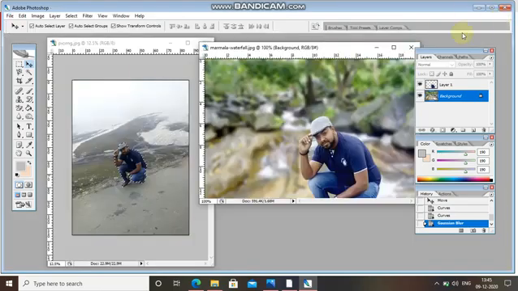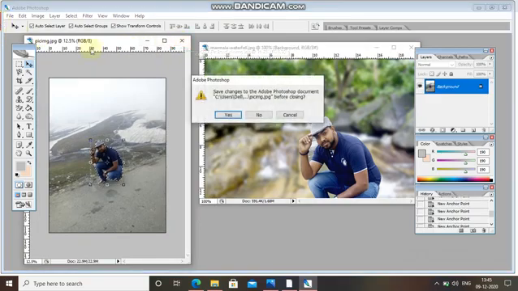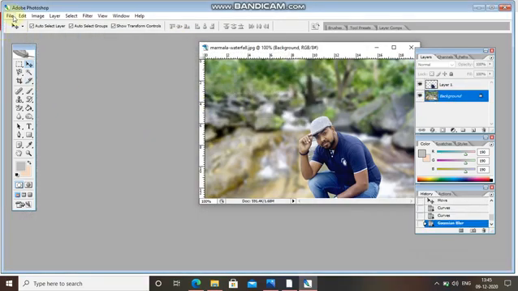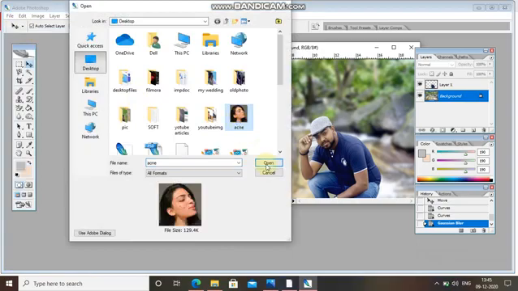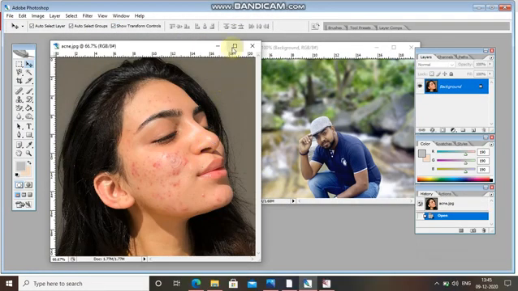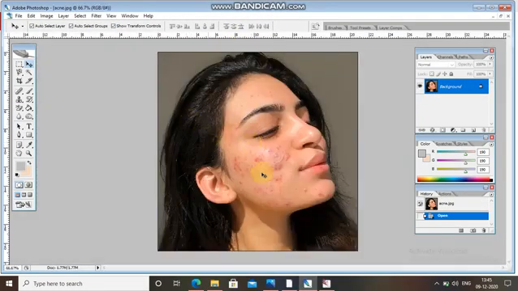Okay students, so now I will take some other pics, and we will use some other one. Okay, so wait, not browsing. This picture, acne. See, like this if you have. So what you have to do in this picture, these are the red spots on the faces. So for that you will choose this. Okay, the spot healing brush tool.